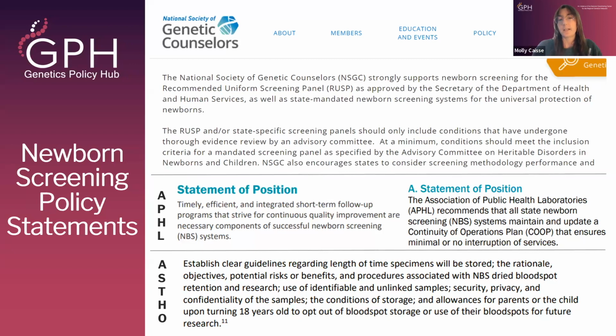So you can see these touch on some of what Amy mentioned previously, those parts of the policy that focus on protocol and organization, and administrative rules, as well as legislation at different levels. And also, as Amy discussed, you can see there are many policies that impact the newborn screening system. These policy statements on this slide reflect just a few of those. Next slide, please.